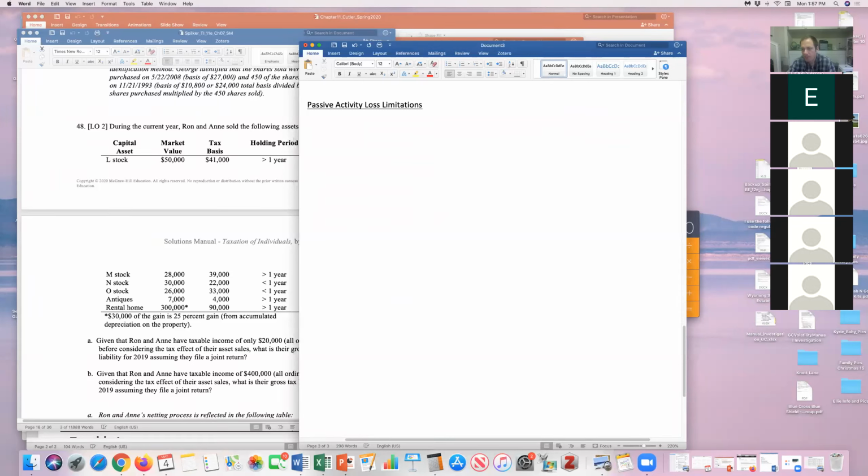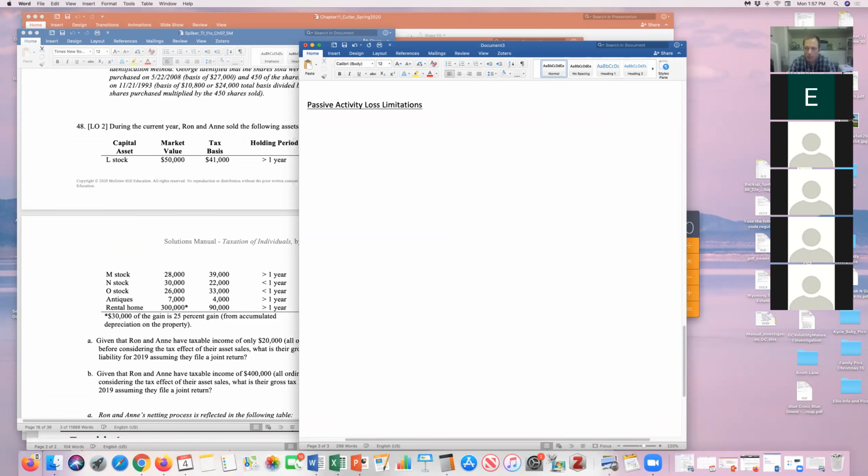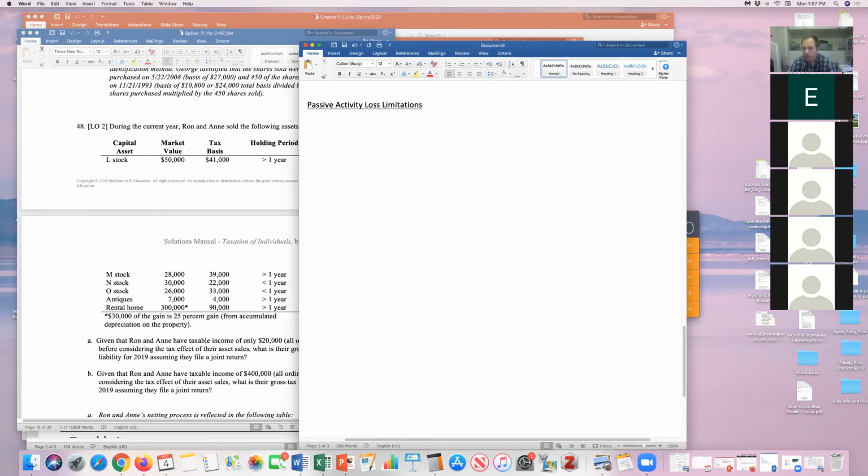A passive activity is where you have an interest in some sort of partnership, usually an LLC or a partnership, a limited partnership especially. You own an interest in this business, but you don't actively participate in it. That would be a passive activity. And it's not a C corporation, so it's not like you own stock in a company. So if that activity generates a loss,